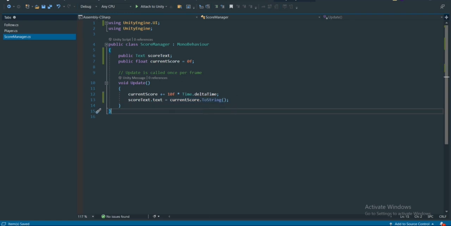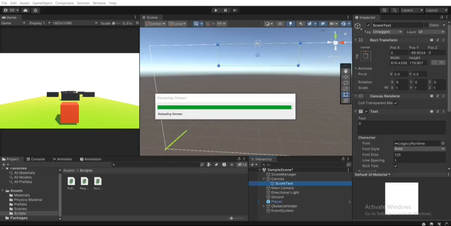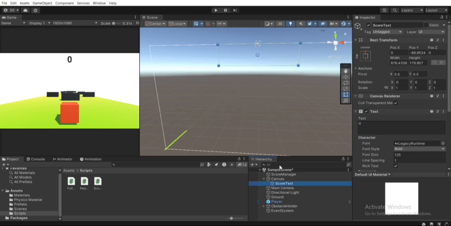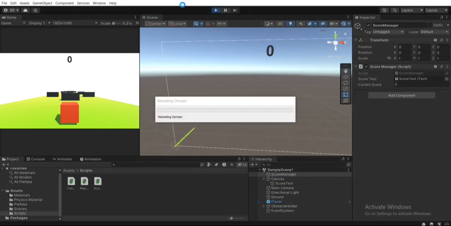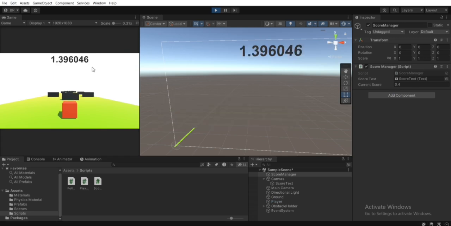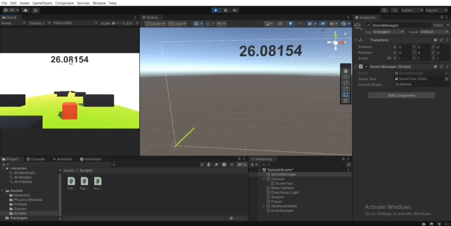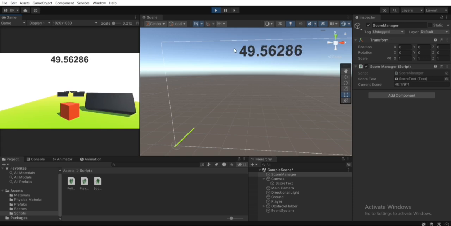Okay, so Control S to save your code, and let's go to Unity. We should be able to see this score text, or this UI, keep increasing as our current score does. Basically, we're showing this current score in this UI. Let me show that to you. Let's hit this play button at the top, and you're going to be able to see this current score, or this text, also change according to current score. So as you can see,